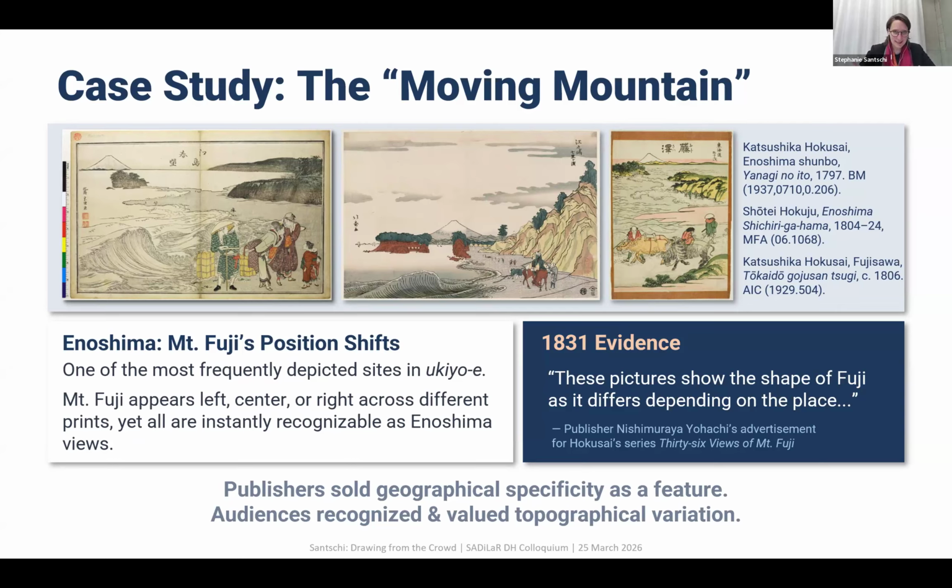And think about that. So Mount Fuji, of course, is a mountain. He doesn't actually move around. But what is moving is the artist's placement of it. And all 3, of course, are recognizable as Enoshima views. Audiences accepted this. But I think it's significant, especially as we have contemporary evidence that audiences notice this kind of